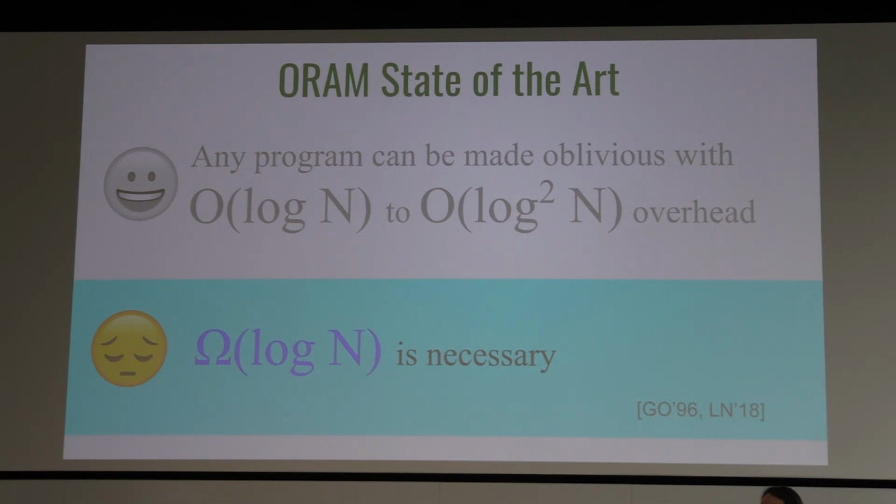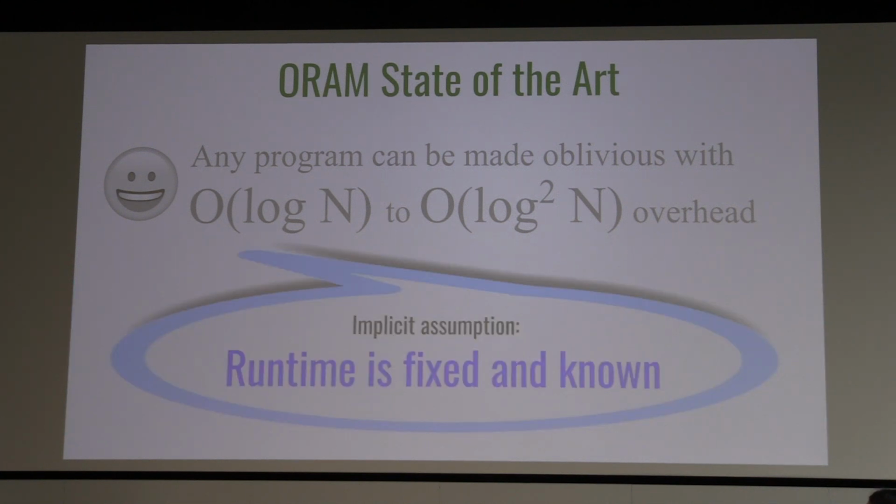Okay, so now some of this cost is inherent. In fact, if you want a generic ORAM compiler, you cannot avoid logarithmic overhead. So this is kind of the bad news. There are other things that are not so nice. And one of them is the following. This is often unsaid in the literature. If you look at all these ORAM works, they make an implicit assumption that the runtime of the program is